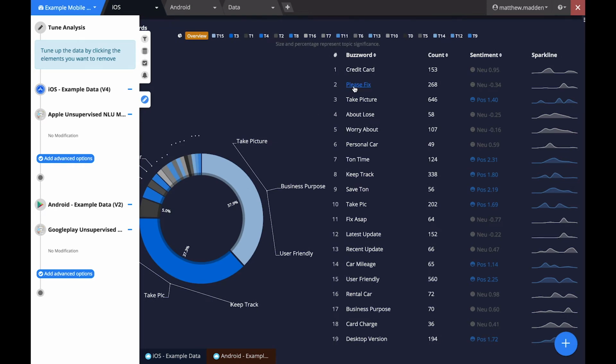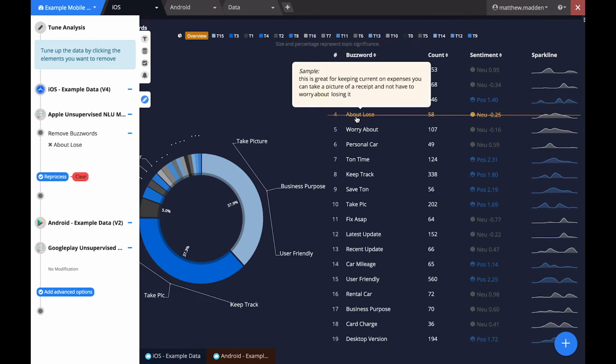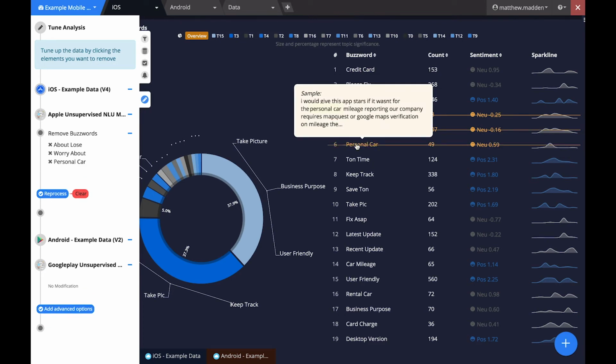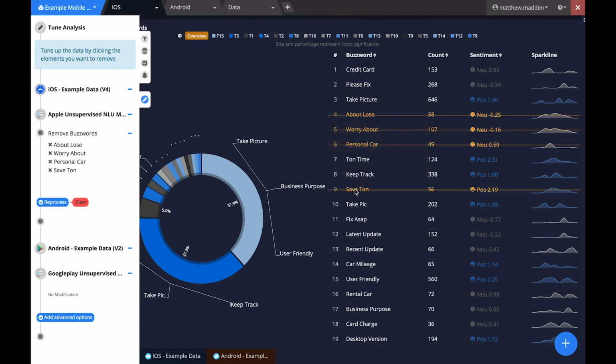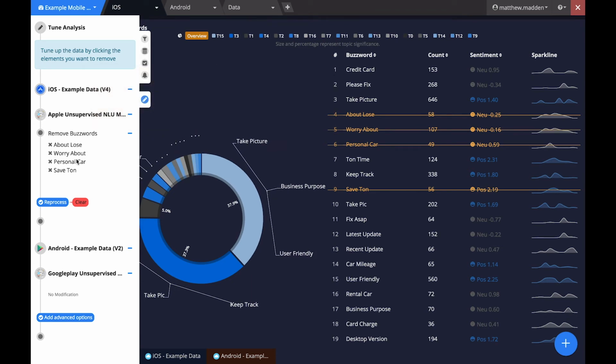I can hover over any bigram that I feel may be noise in the dataset and simply click on that to start adding words to my stop word list. You'll notice as I go down on the right, adding words to my stop word list, the list is forming over here on the left. Once I've added all the words that I would like to tune out from the dataset, I can click reprocess,